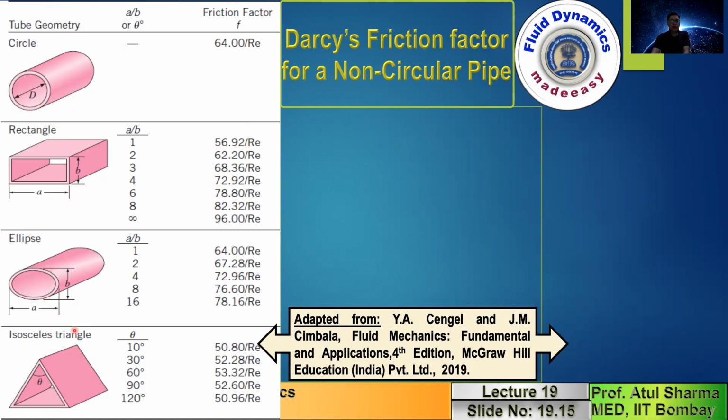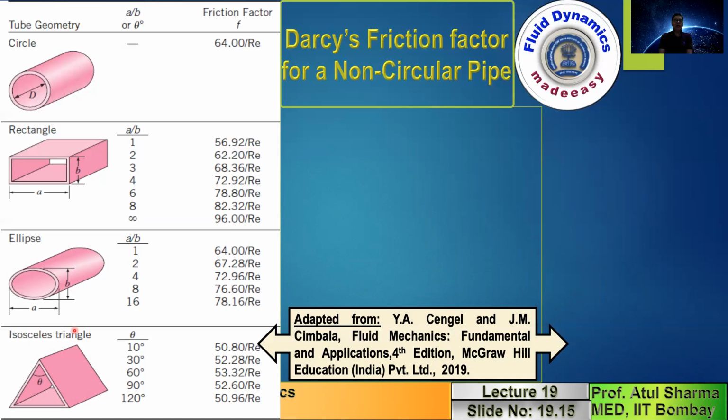And so what should be the length scale that you will consider to calculate the Reynolds number? For a flow in a pipe, we have taken the diameter as the length scale. So for a non-circular pipe, it has been suggested that the characteristic length scale is obtained by using a hydraulic diameter,